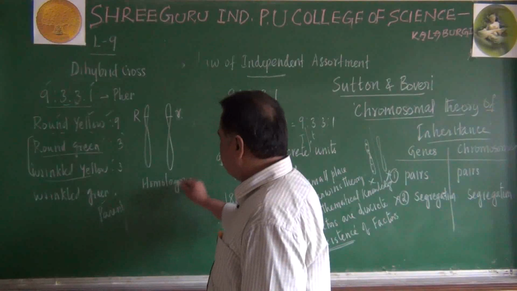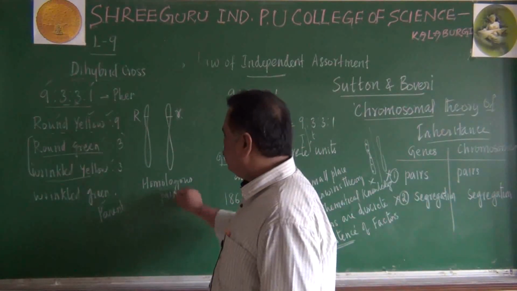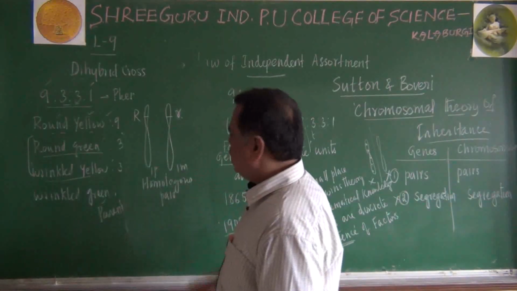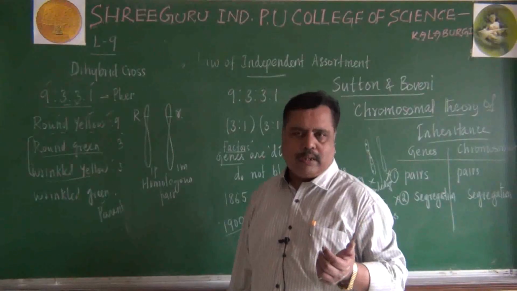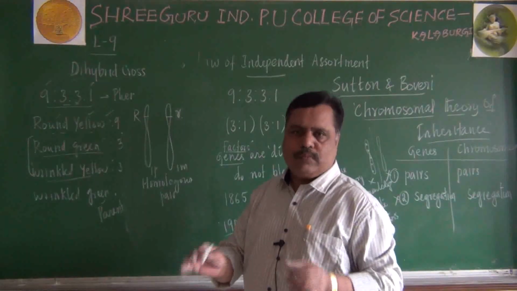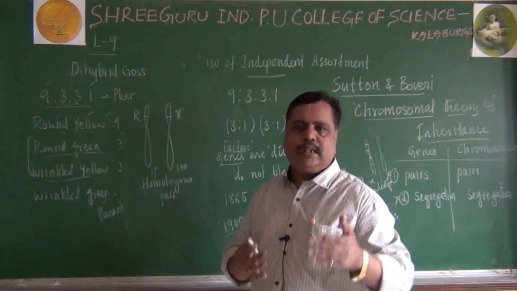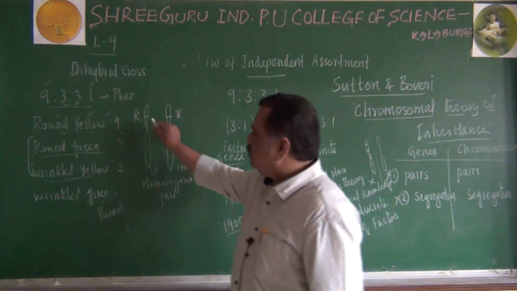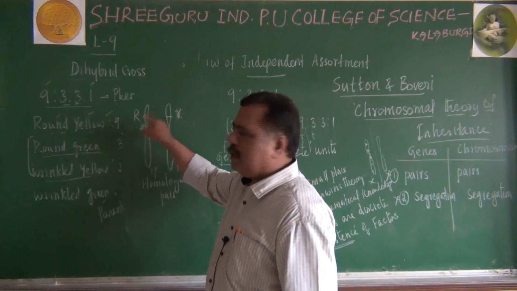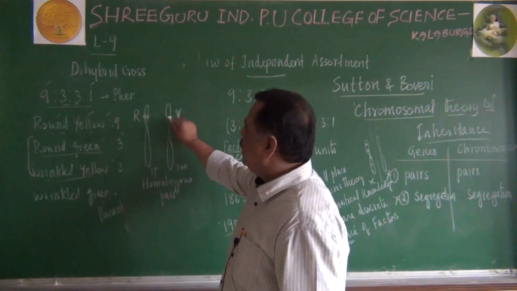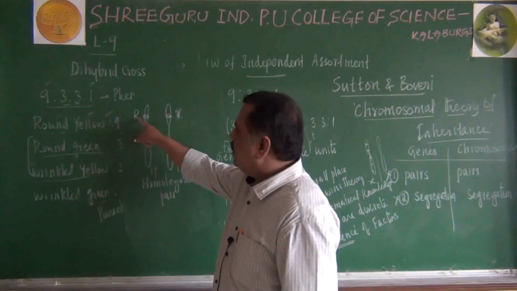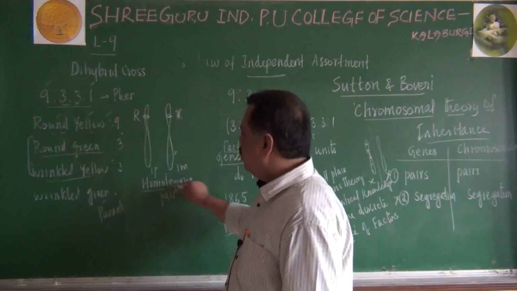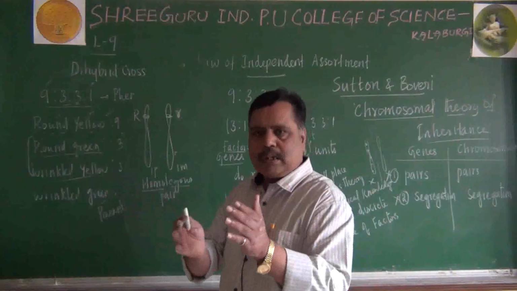These two chromosomes are called homologous chromosomes. How do we get a homologous pair of chromosomes? One is from the father, paternal. Another one is from the mother, that is maternal. Father gives one chromosome, mother gives one chromosome. For example, we human beings inherit 23 like that. So here one is paternal, another one is maternal. This paternal chromosome has a particular character in this position, and the same character will occur in the same position only. Here capital R, here small r, like that it will not occur. Same locus. That is what is called homologous chromosomes.